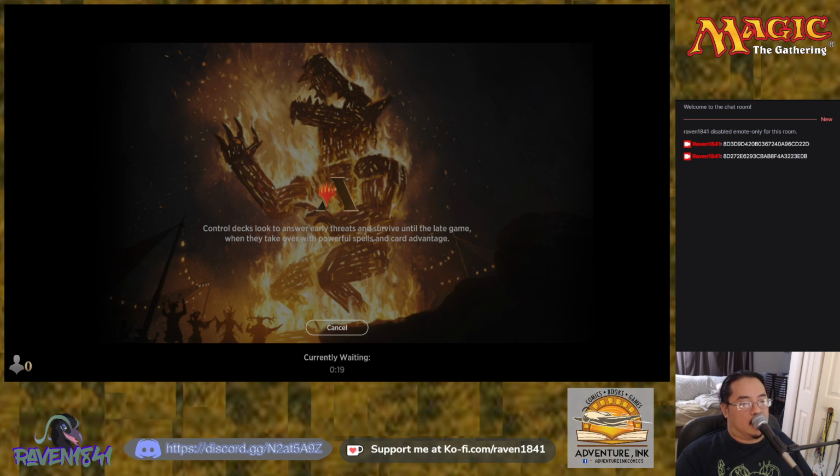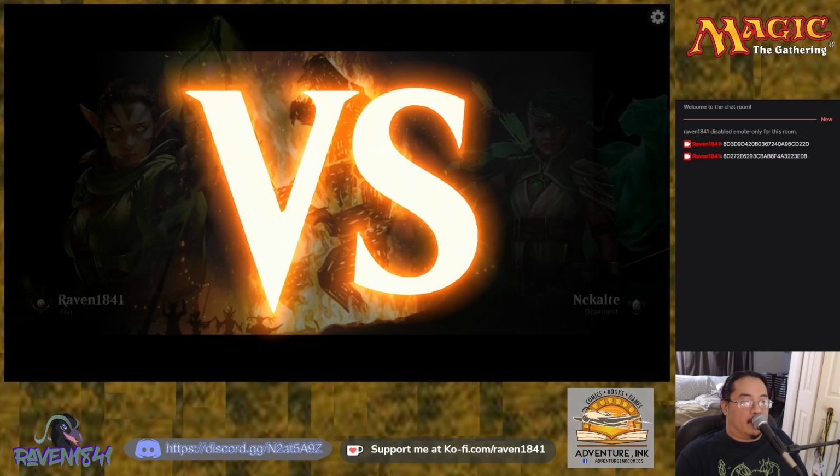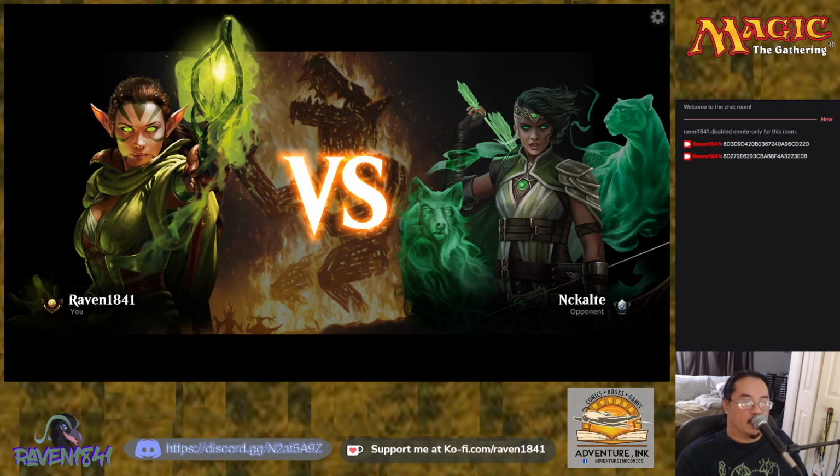So I don't know how the rest of this draft is going to go. We're 2 and 3 now? We need to win 2 more to make this not feel terrible. And, yeah, we definitely just hit a super rough patch. We've been putzing around with MID lately with the new set, with the new standard,